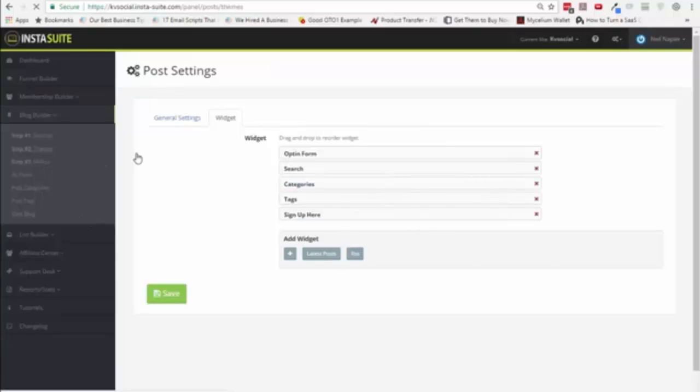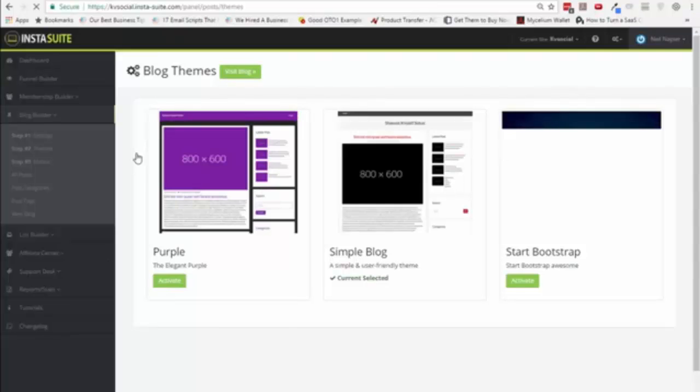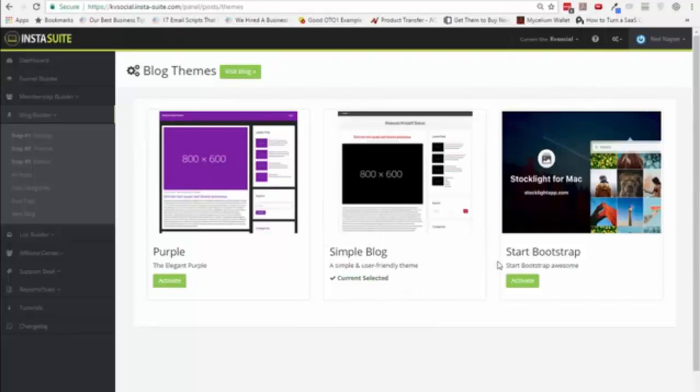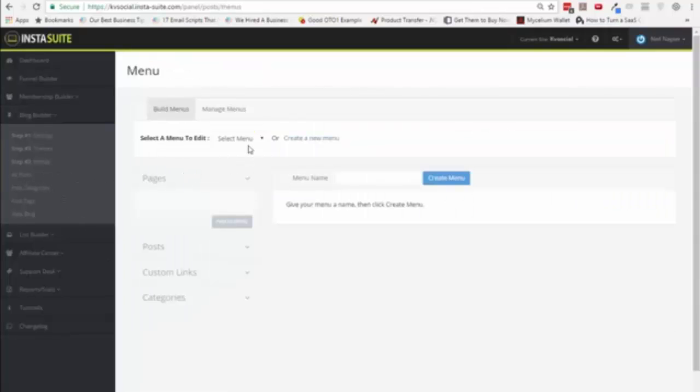Then you can also choose themes. So we have 3 themes available at the moment. So you can choose a simple blog theme, and or you can go for the Bootstrap theme as well. Then when you're done with that, you can, just like in a WordPress site, add menu items too. So you can create a new menu and you can add the menu items so they're easily visible to anyone